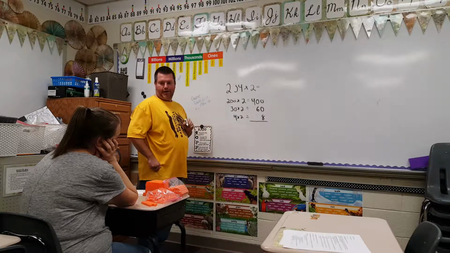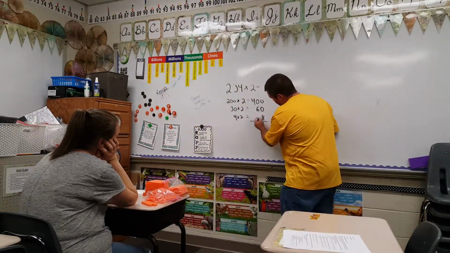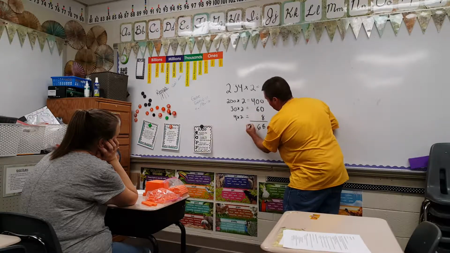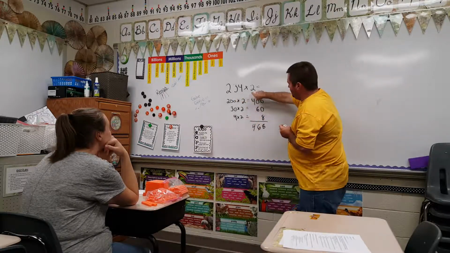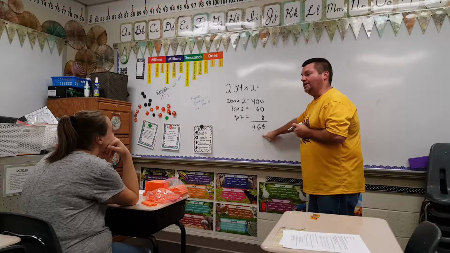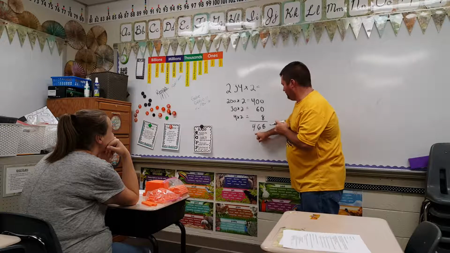Now let's add all that up and figure out what we get here. So pretty easily we can come over here as zeros. We can figure this is going to be an 8, a 6, and a 4. So 234 times 2 is going to equal 468. Now we're going to show you the area model and we're going to see if we get this same